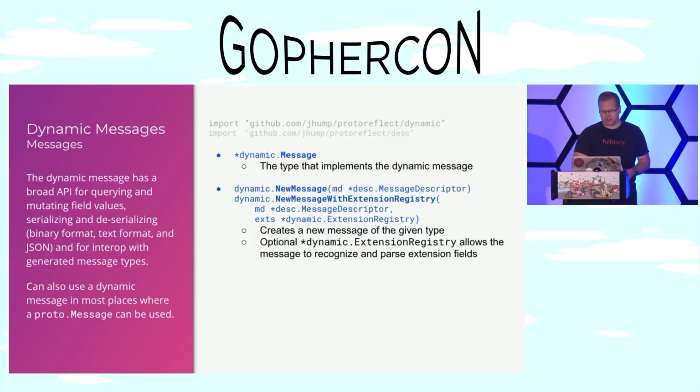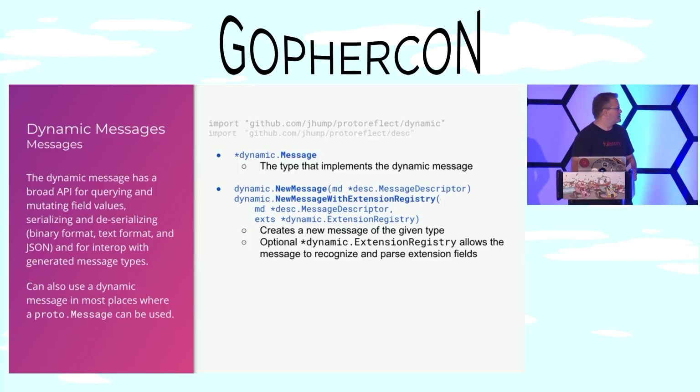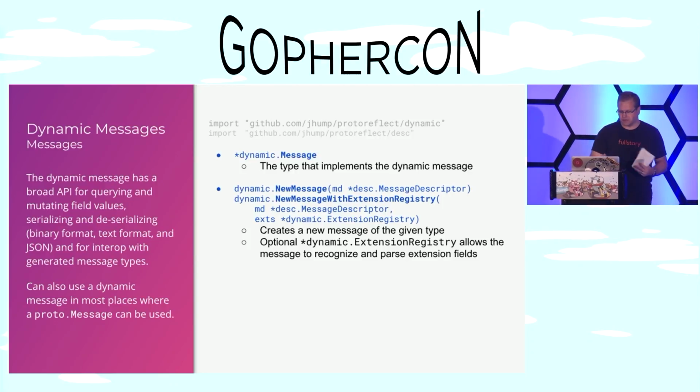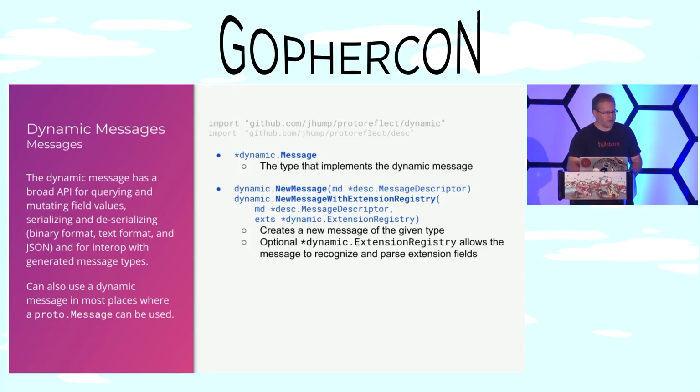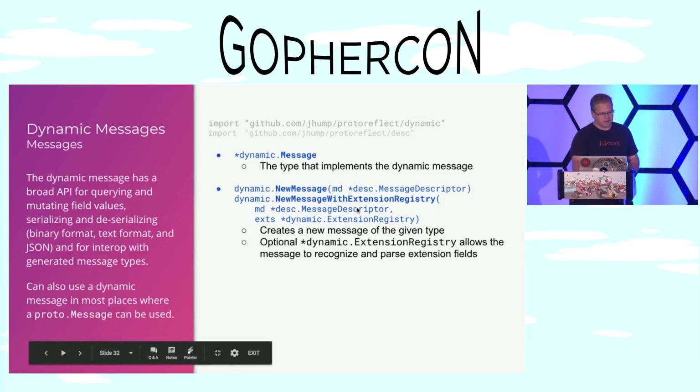it mostly works. There are some APIs that really expect a proto message to be a generated struct, and they want to reflect over struct tags. But in many places, you can substitute a dynamic message and things work. The way you create a dynamic message,